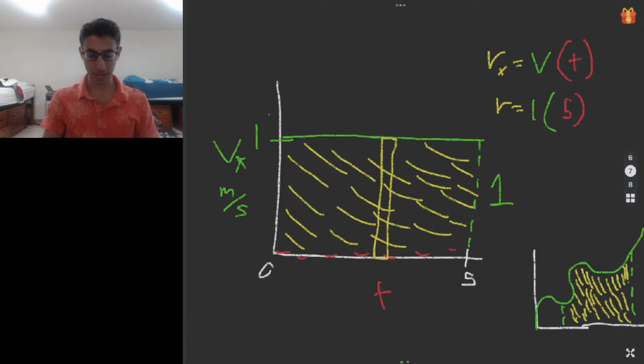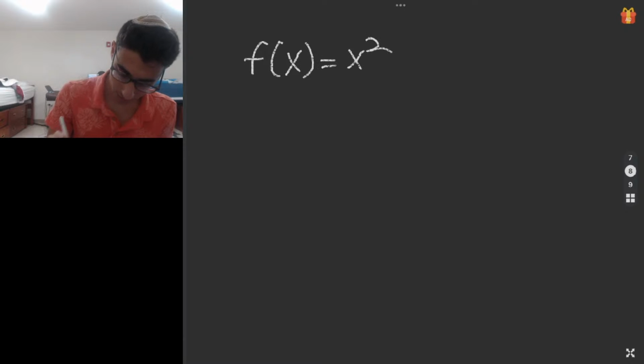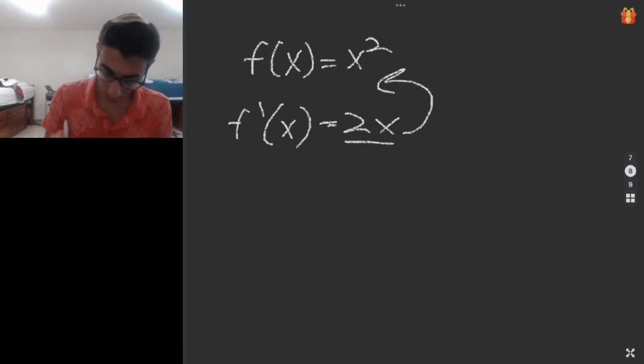And so how do we find the antiderivative of something? Well, let's talk about that. Imagine we have a curve f of x equals x squared, then f prime of x, the derivative, would equal 2x. Now, how do you go from 2x back to x squared? When you go from 2x back to x squared, you're asking what power x has to go to, and what coefficient we would have. And so we divide this by, not itself,